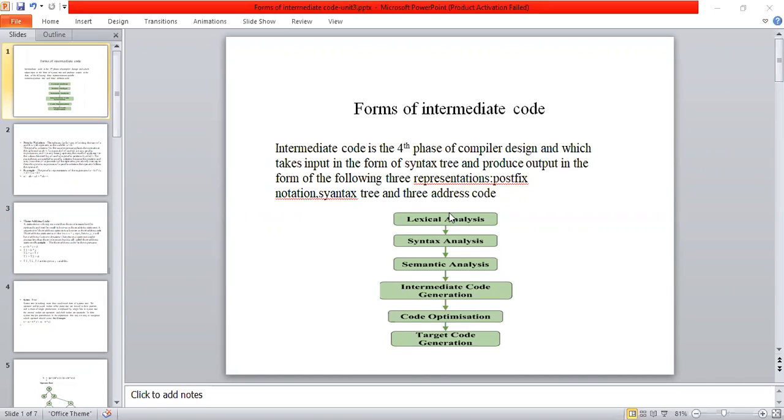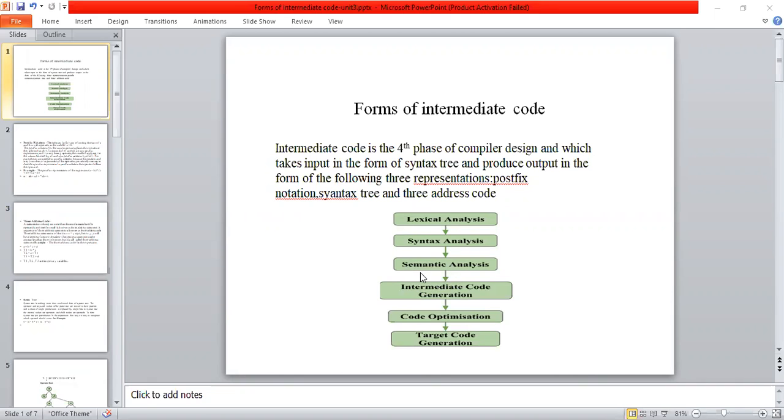Today I'm explaining forms of intermediate code. This intermediate code is the fourth phase of the compiler design. It gets input from the semantic analysis in the form of a syntax tree.